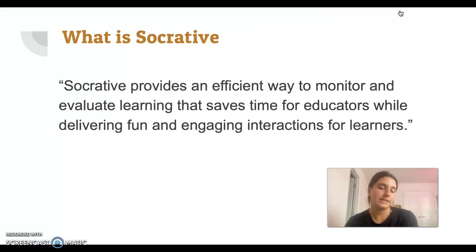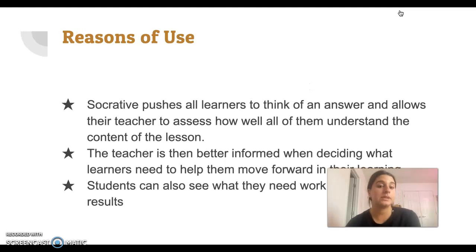Socrative is a tool that provides an efficient way to monitor and evaluate learning. It saves time for educators as well as for learners when learning new content. Socrative pushes all learners to think of an answer and allows their teacher to assess how well the students are understanding the lesson, and students can also see what they need to work on based off